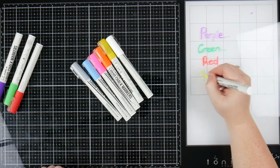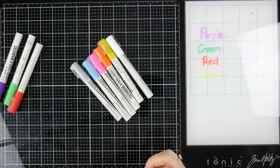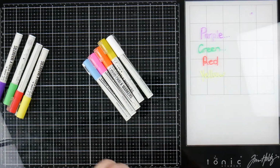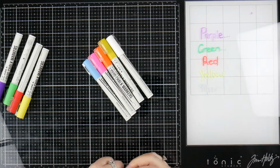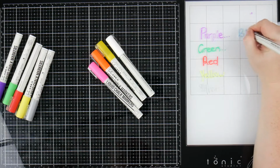Got yellow. You can see how nicely they're writing, and I will admit I've pumped some of these beforehand just to make sure they flowed really nicely, but these are really working fine straight out of the box. So we've got silver, we've got a blue,